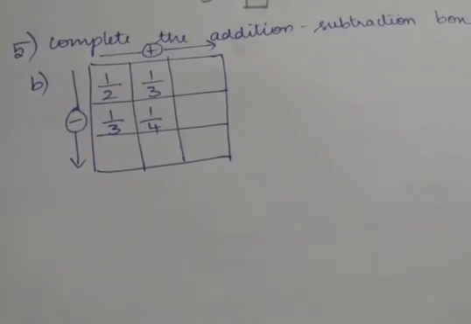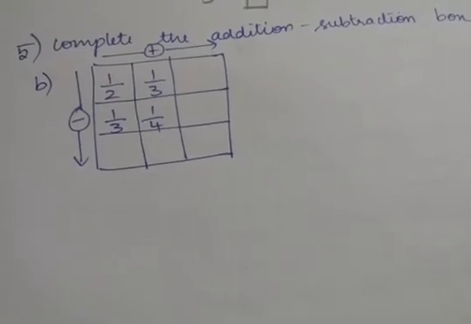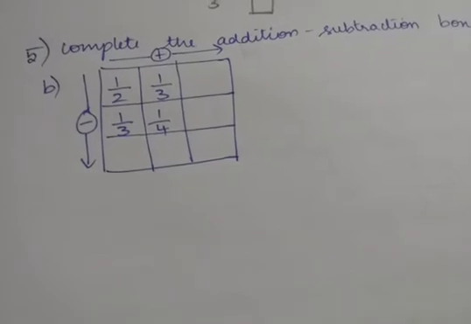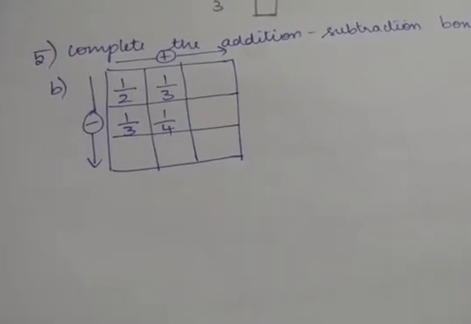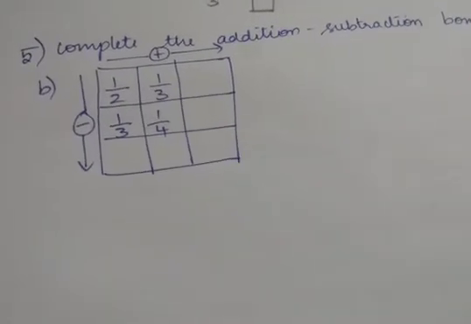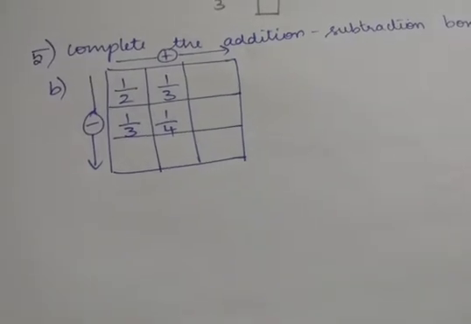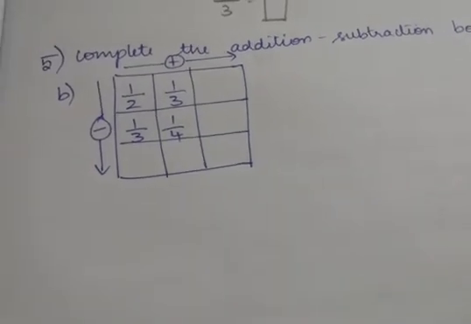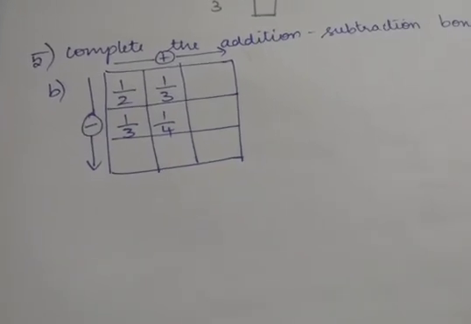Okay. I'm going to start with the B problem. The A problem is your homework because it's very easy, because they have the same denominators. So it will be very easy for you to do the calculations when it is the same denominators, right? In the B problem, we are going to add and subtract, but we have different denominators, so we have to take the LCM and then proceed.